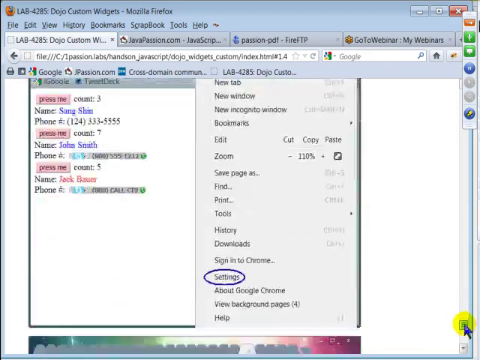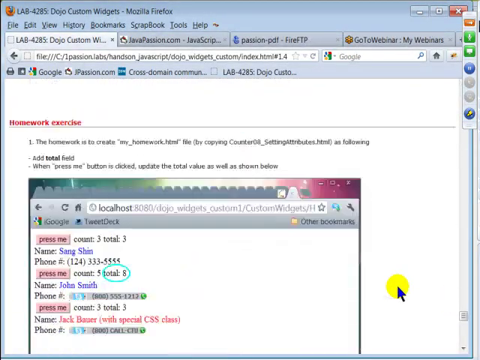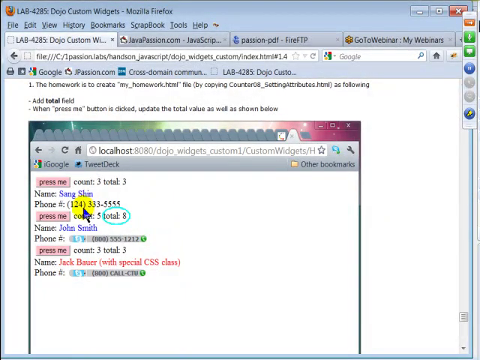Now the homework is, whenever you click something, you want to compute a total. It will just increment by 1 whenever you click it. So once you click once, it will be 6. If you click twice, it will be 7. If you click 3 times, then it will be 8. So it's going to be total. And so basically, you're going to add this total